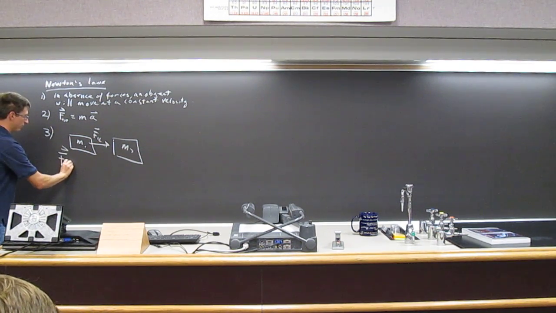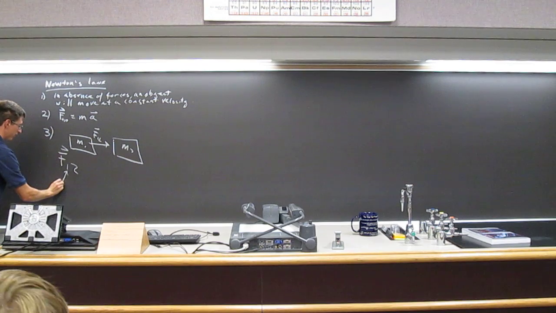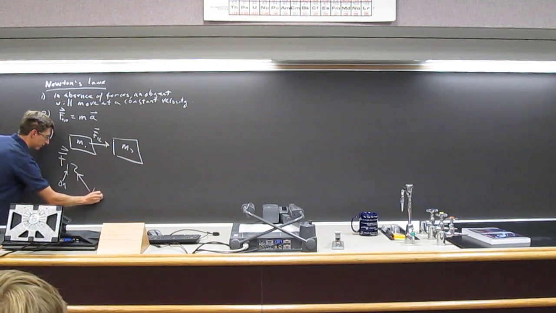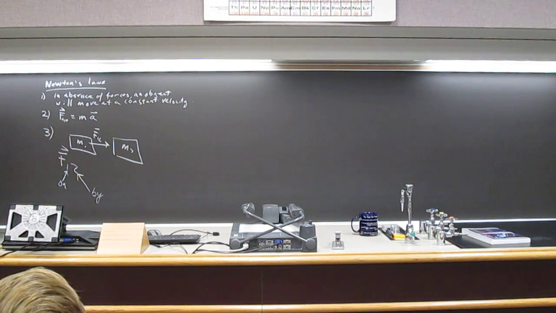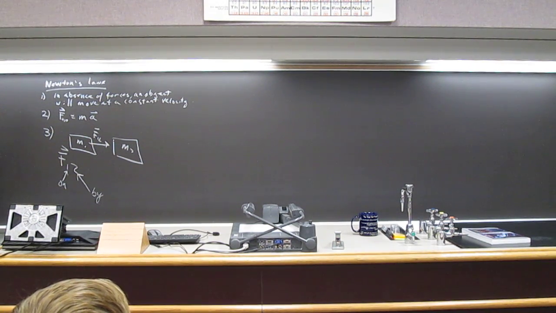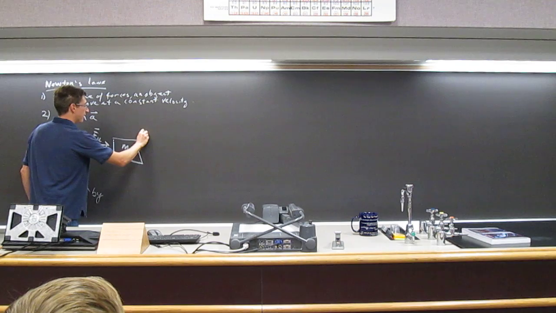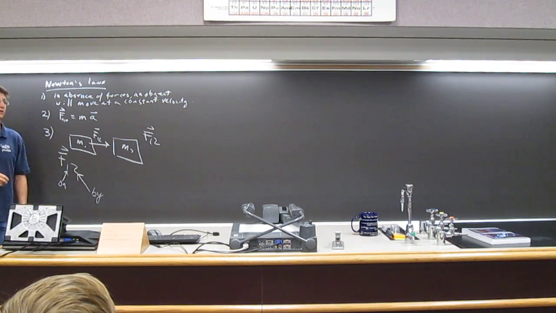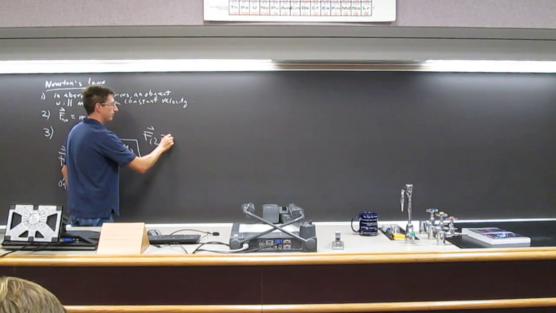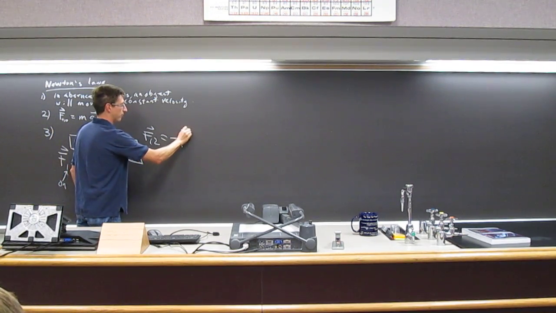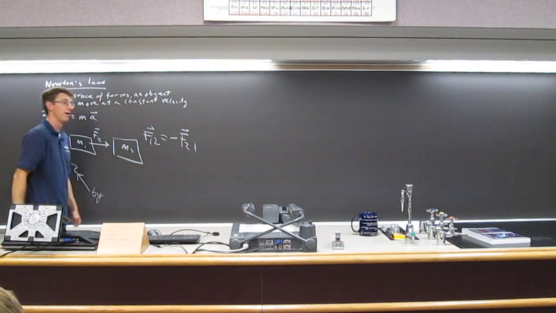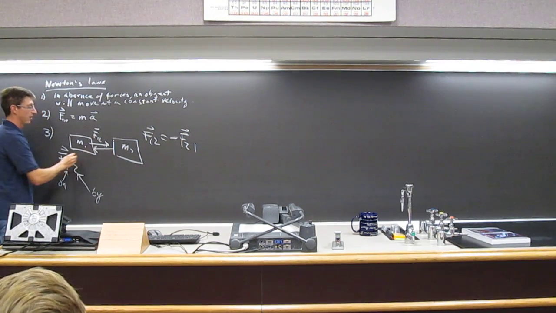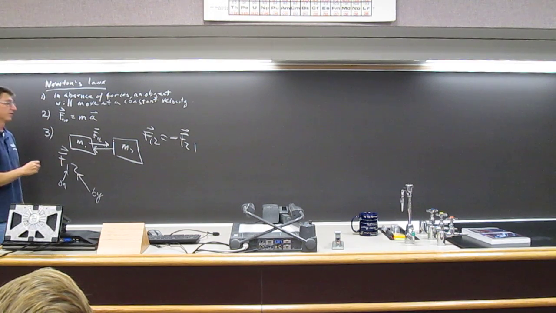This is my label for the force on object 1 by object 2. Then the force on object 1 by object 2 will be equal to negative times the force on object 2 by object 1. So that means there'll be a same vector, same length, but in the opposite direction on that second mass,